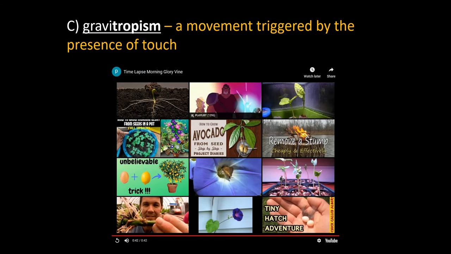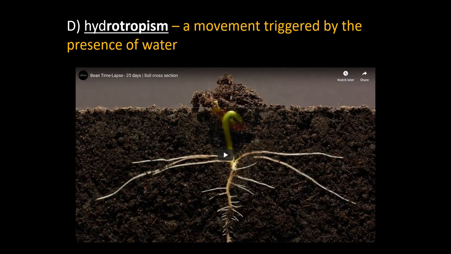Okay. And again, I apologize. That was thigmotropism, not gravitropism. Okay, this is the fourth kind of tropism, which is hydrotropism. Hydro, of course, means water. And this is movement triggered by the presence of water. If you have a tree planted near a stream, its roots will go towards the stream, and in this case, the roots are going to go towards the water for the bean plant,